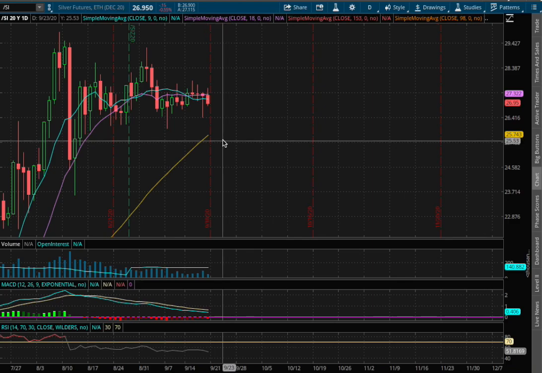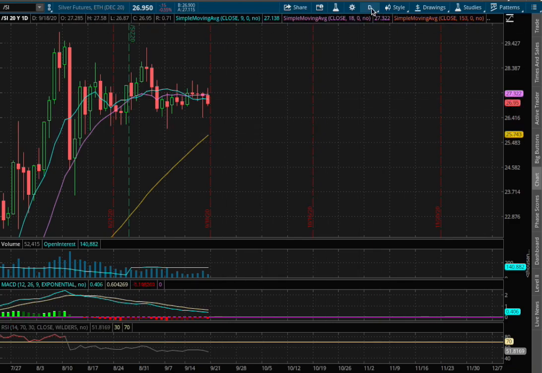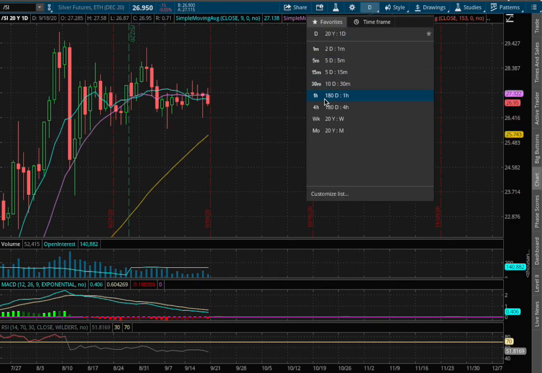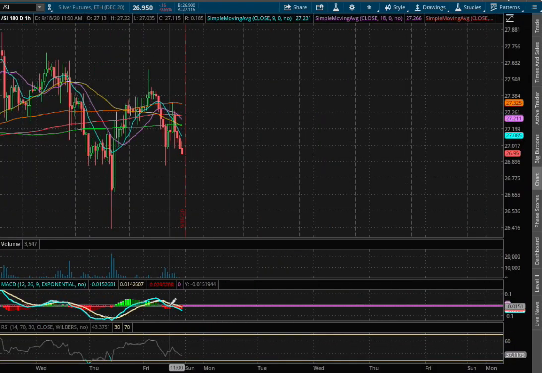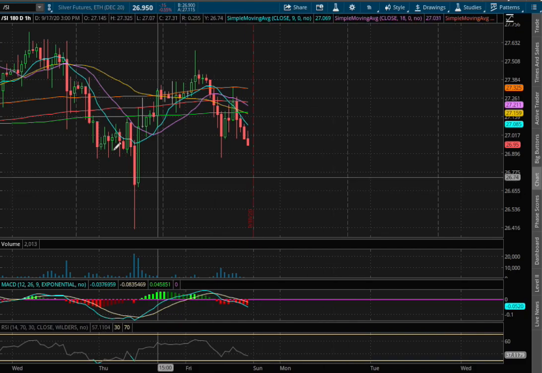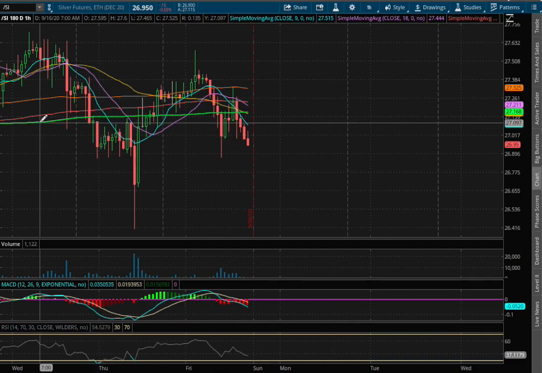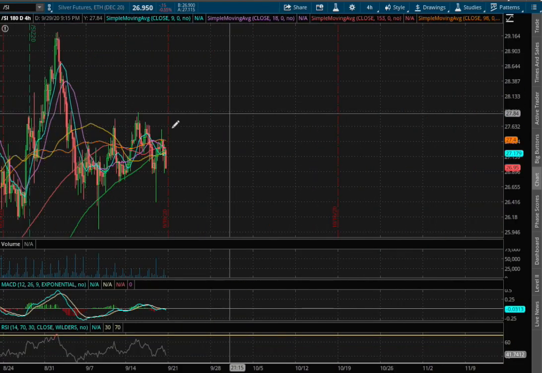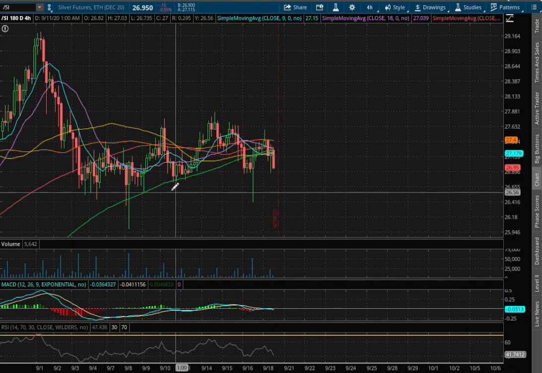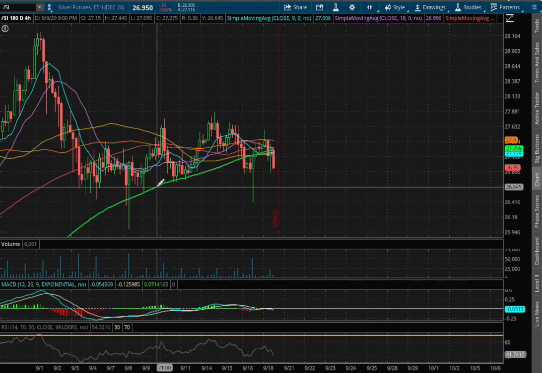On Friday, you did close down 55 basis points on the 1-hour chart. If we zoom in, we have now approached negative MACD territory, and we also breached the 200 moving average that was acting as our temporary support, and that now acts as our resistance for the meantime to the upside, and that is at the price of $27.17. If we expand that to the 4-hour chart, we also breach below the 200 moving average,